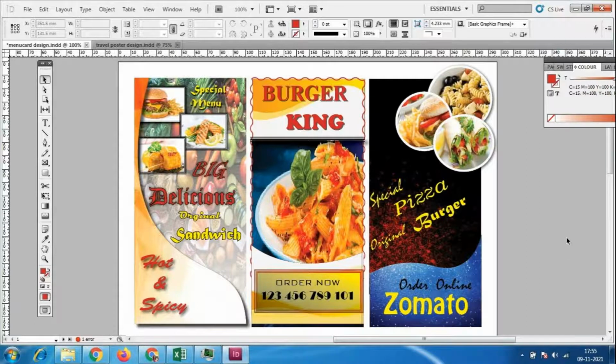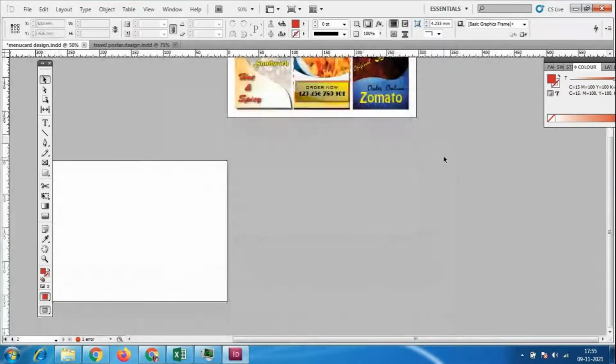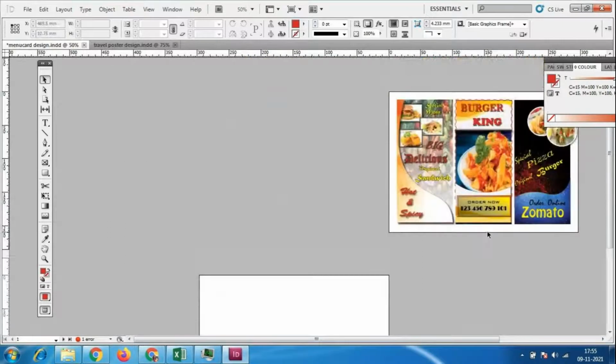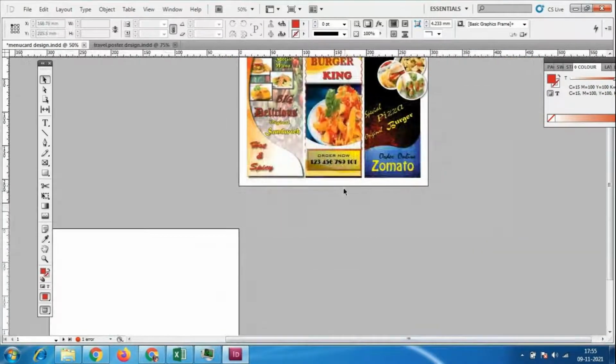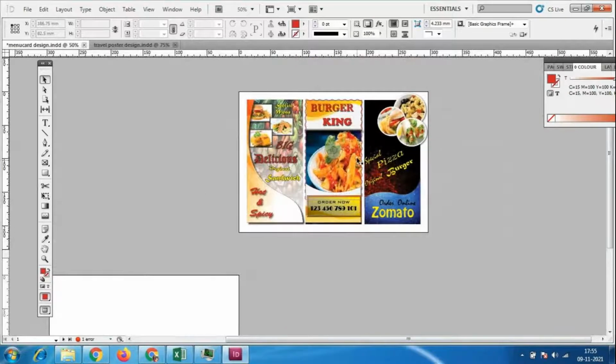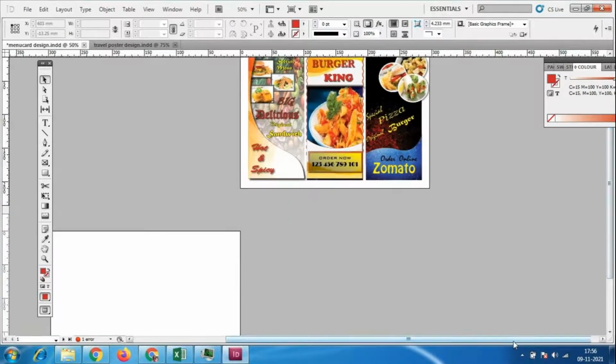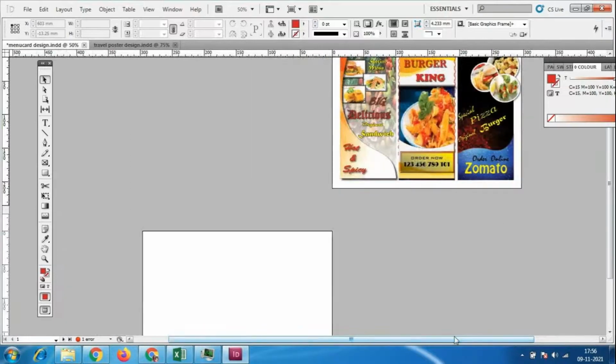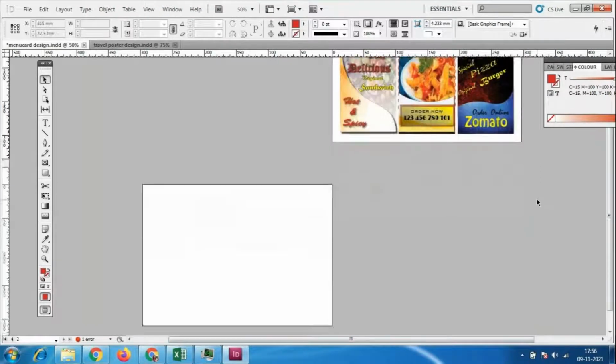So this is the front page. Front page means which is going to be at the front in the three columns; this is the first one, and left and right are going to be folded. So on the back of this page we have to add some information, correct? When you open this menu, you will see the details of the food, correct? What is the price, or this burger is going to be charged this much with the combo offer, something like this will be inside. Those things we have to type.